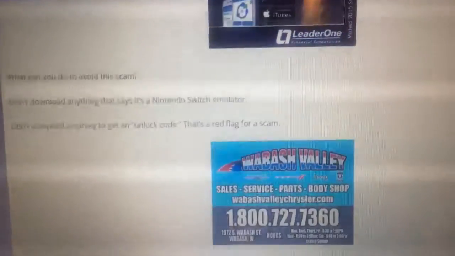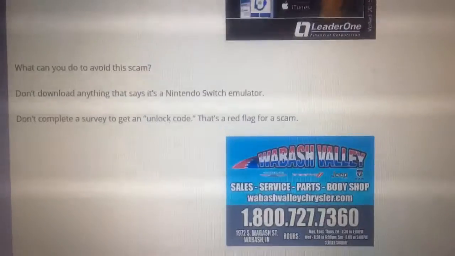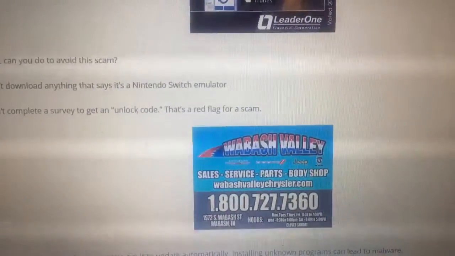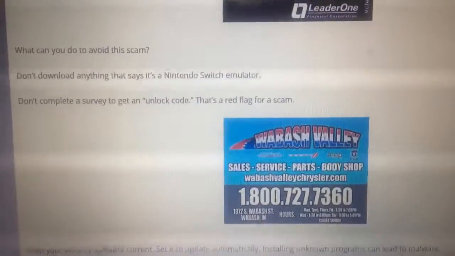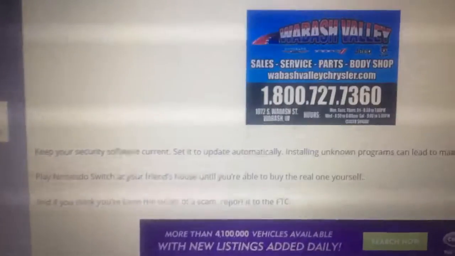What can you do to avoid this? One, don't download anything that says Nintendo Switch emulator, otherwise you're just falling for a trick and you're going to get in huge trouble. Two, don't go to a site to get an unlock code. That's a red flag for a scam.